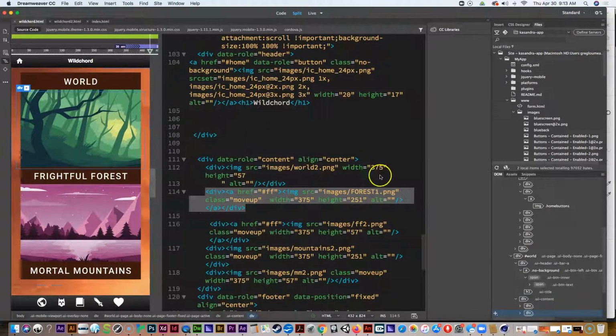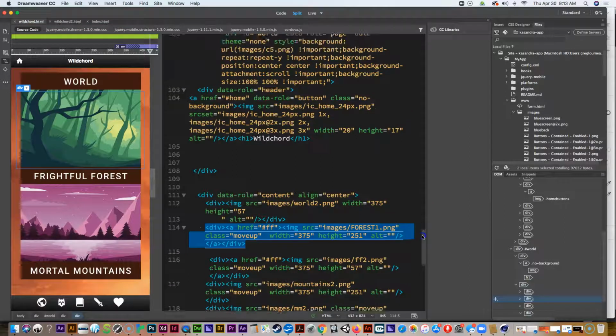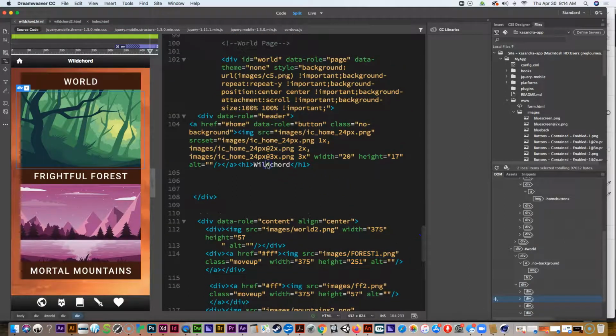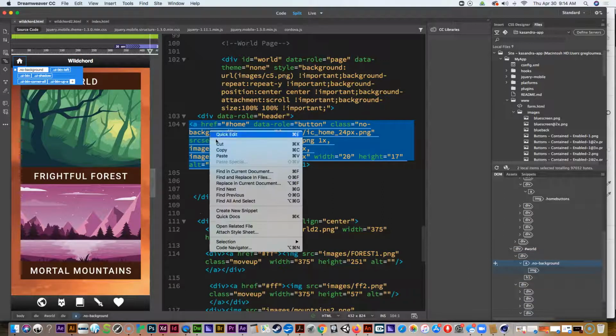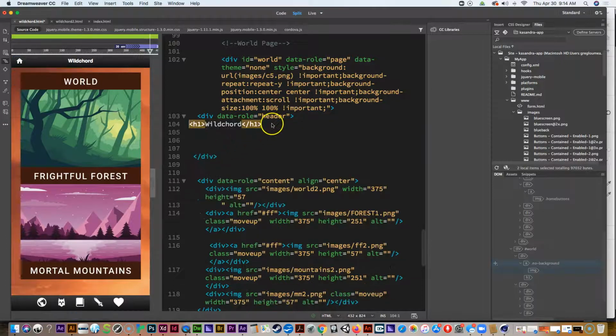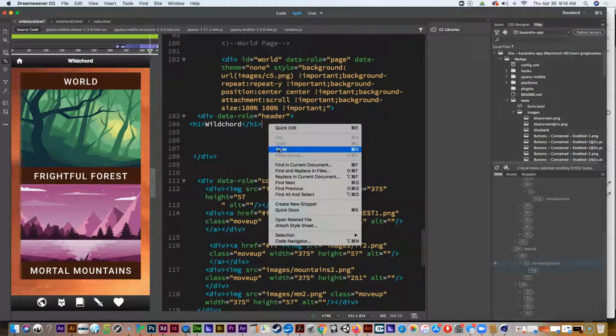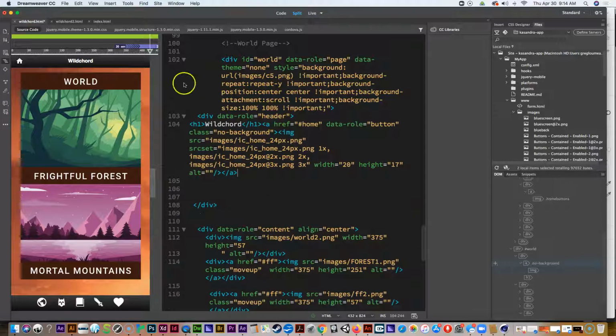Okay, there we go. So if you go up, you can look for the text that says wildcard, right? And then it says div role equals header. And then right after that is this A tag, which wraps around the home image. And then the end of the A tag is here, right? So if we just simply copy this whole thing, we can cut it out, and then we can just simply paste it in after the wildcard. Now,